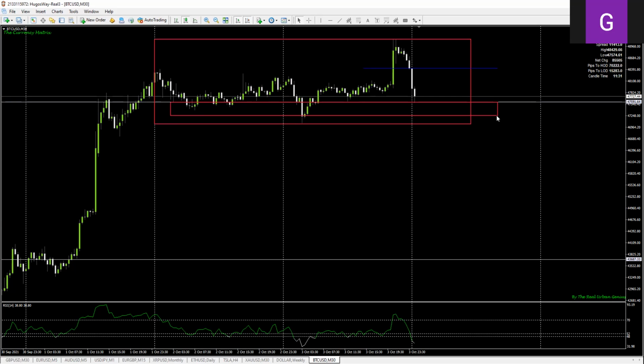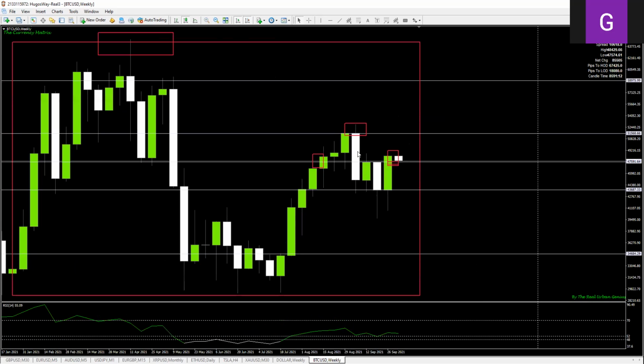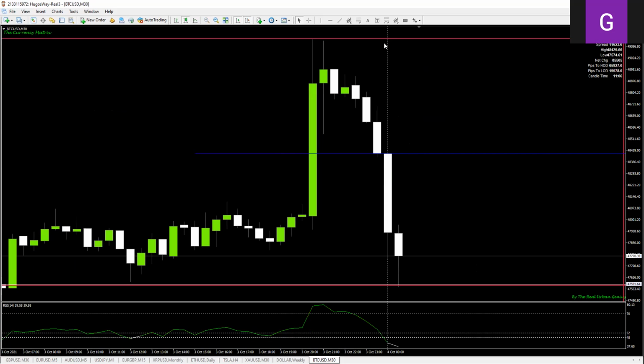So with that being said, the low of yesterday is currently being tested right out of the gate, 45 minutes into the new day. This is also the new week. So this is actually a new weekly candle that we're seeing being created here. And off of this 30-minute,